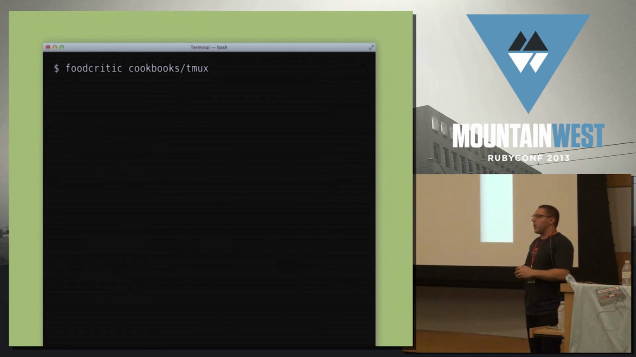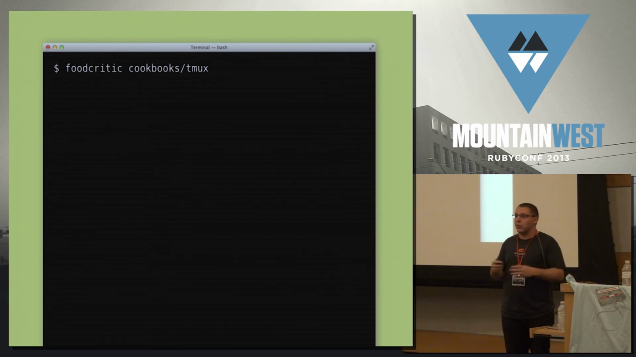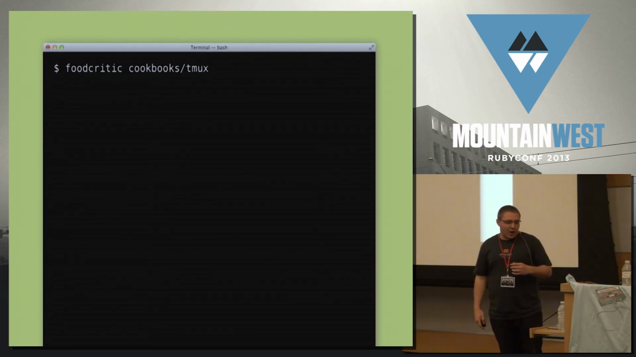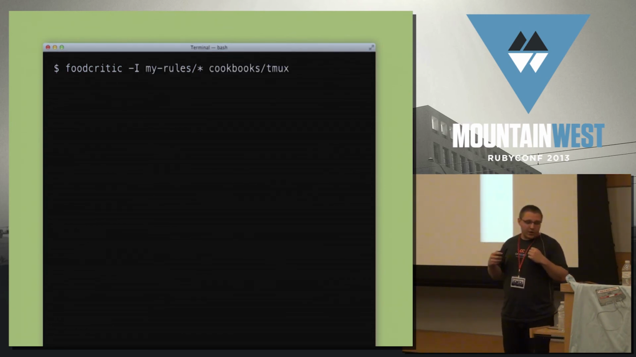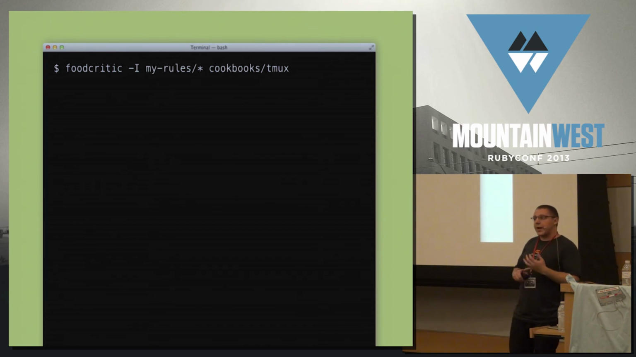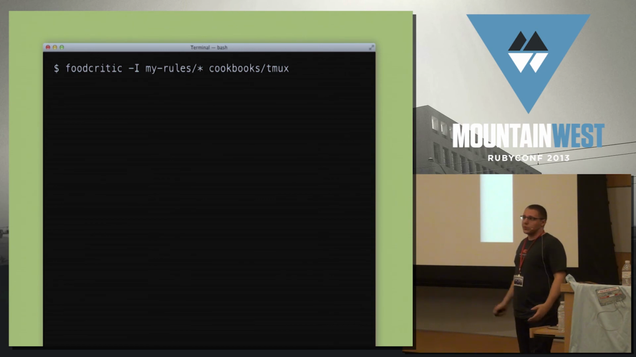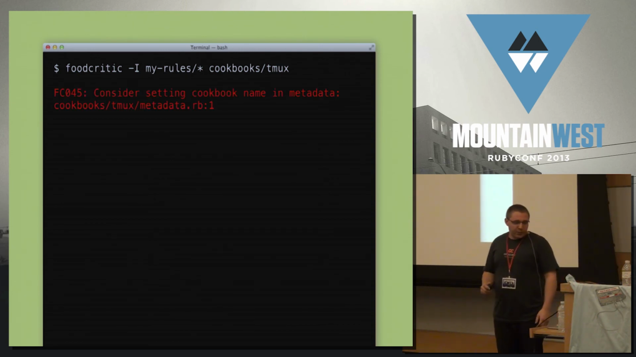Let's run Foodcritic. It's in our Gemfile, so all we have to do is say foodcritic and give it the path to the root of the cookbook, cookbooks/tmux. And you can even include arbitrary rules. So Etsy and Custom Ink all have their own rules. You can write your own organization rules. It's really cool. It just uses an AST. And if we run that, we're going to get